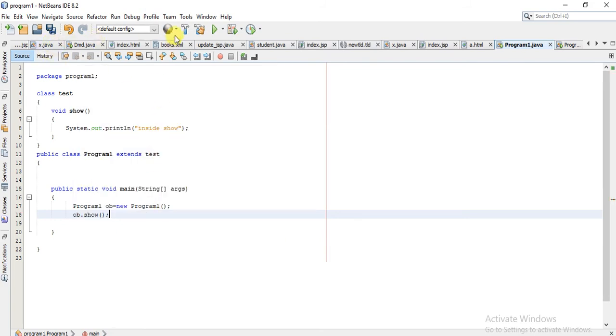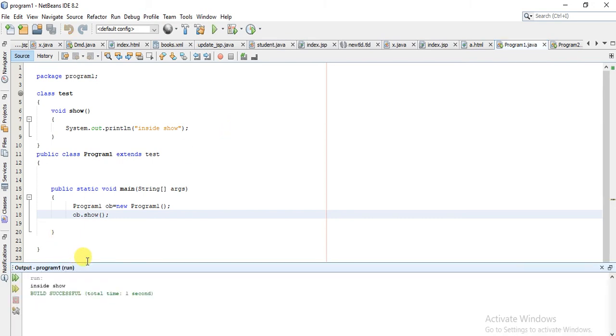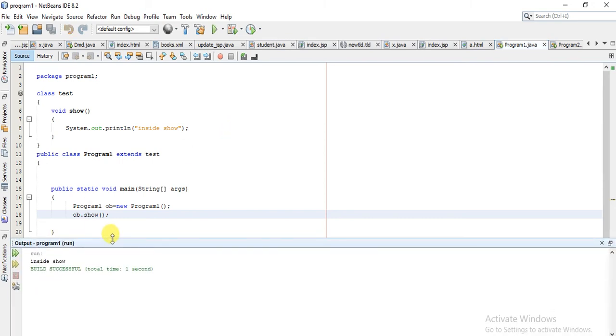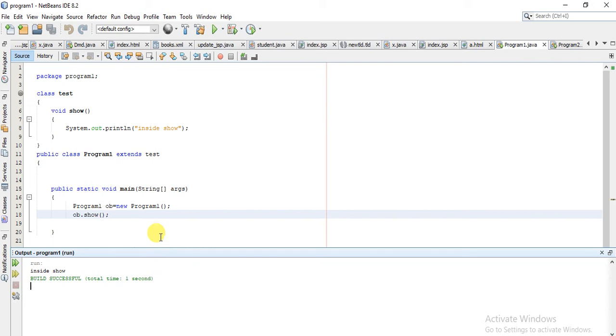Now run it. So you can see this function is called and the output is visible in the output window.